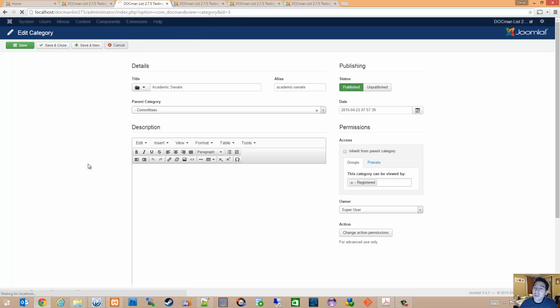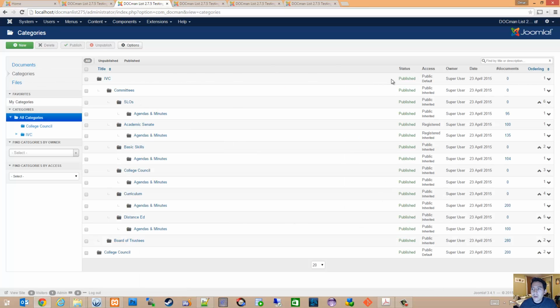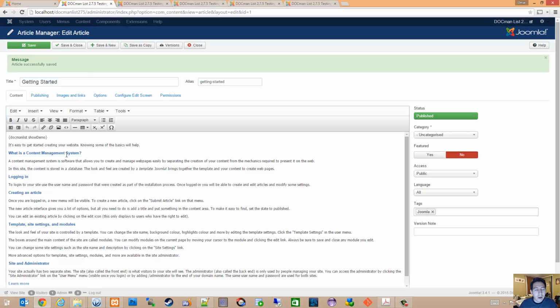The older DOCman used to have it displayed in the actual table here, but that is no longer the case in DOCman 2.0 and newer. So anyhow, this is ID number equal to 3. Let me go back to my article here. I'm going to switch out the show demo example, and all I need to do is put that category ID right there. So DOCman list space 3, and hit save,